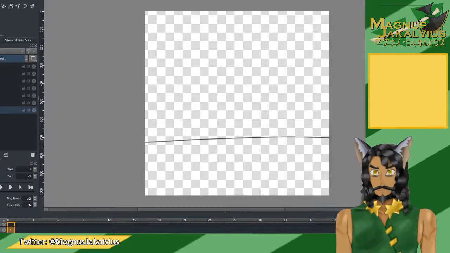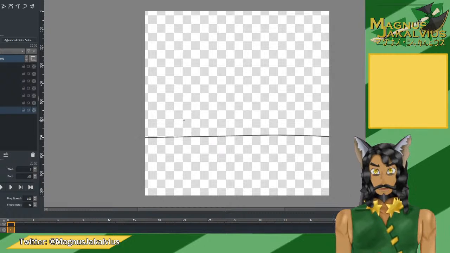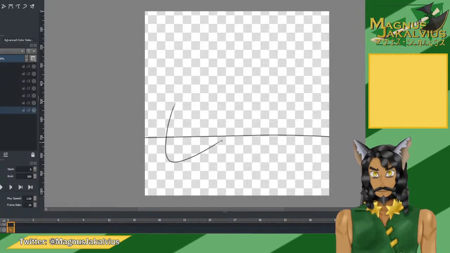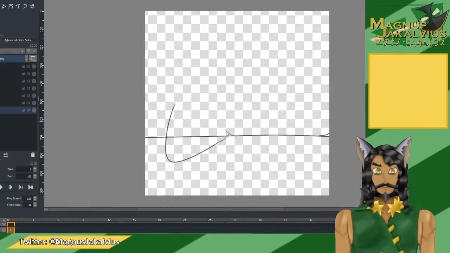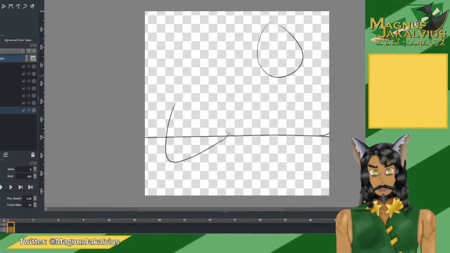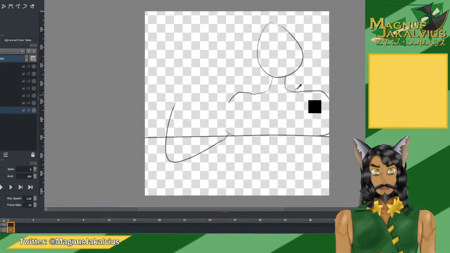Table. Doesn't need to be pretty, it's just a sketch. Table. Arm. Smaller because we're not working with that much space. Head go here, neck go here. There. Right,